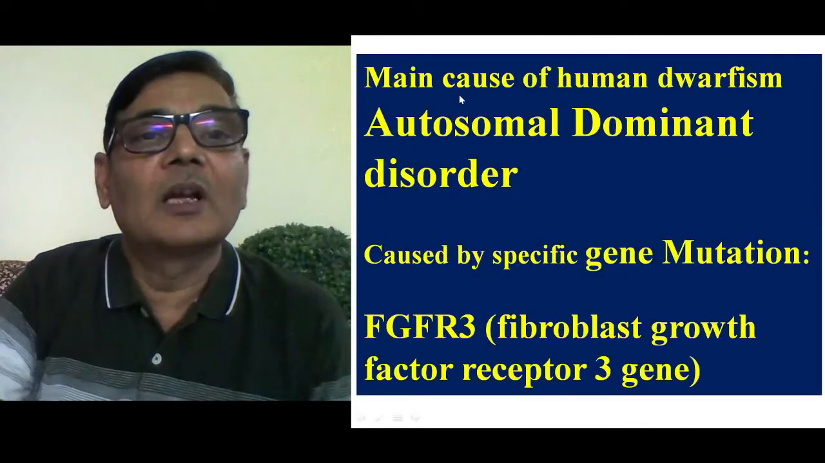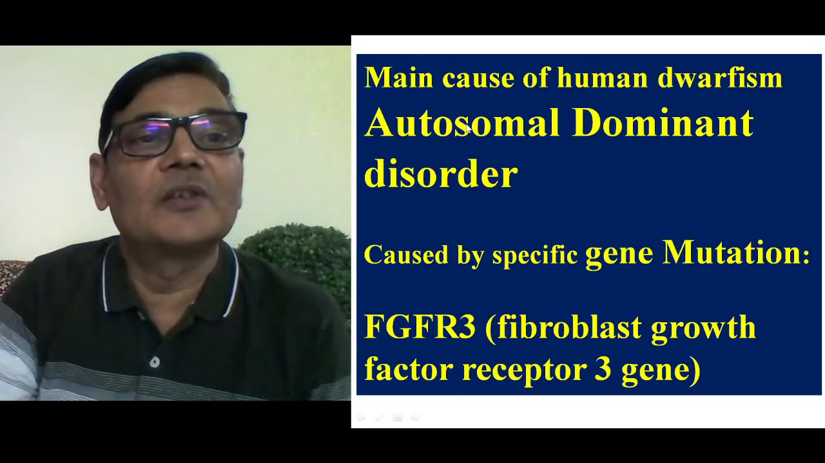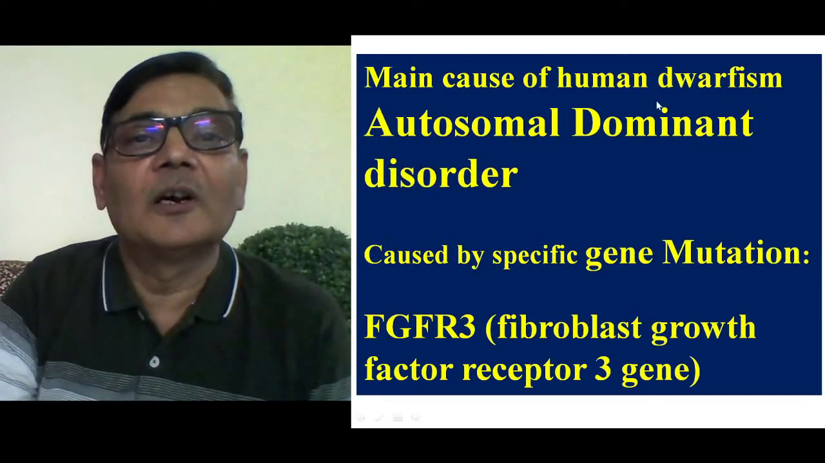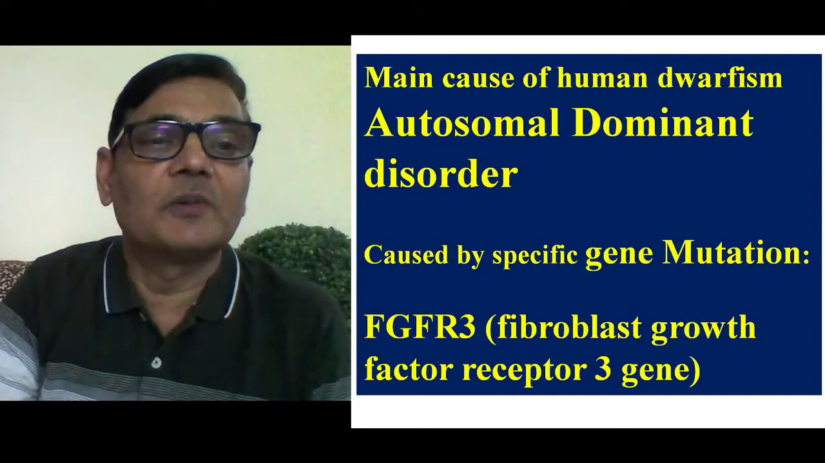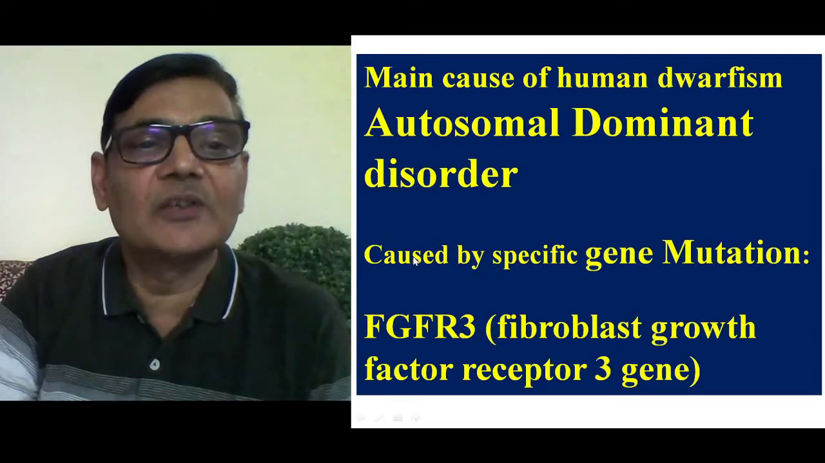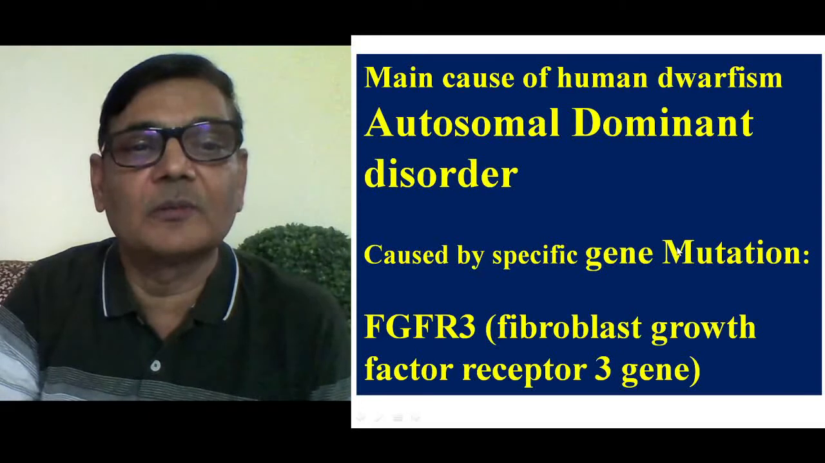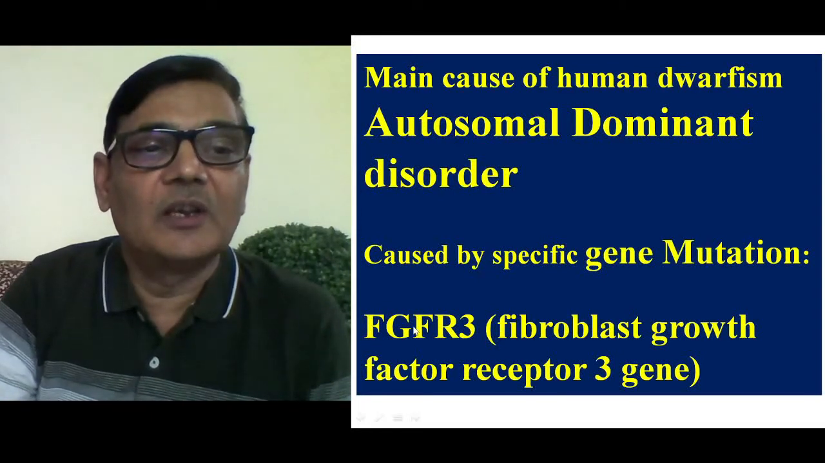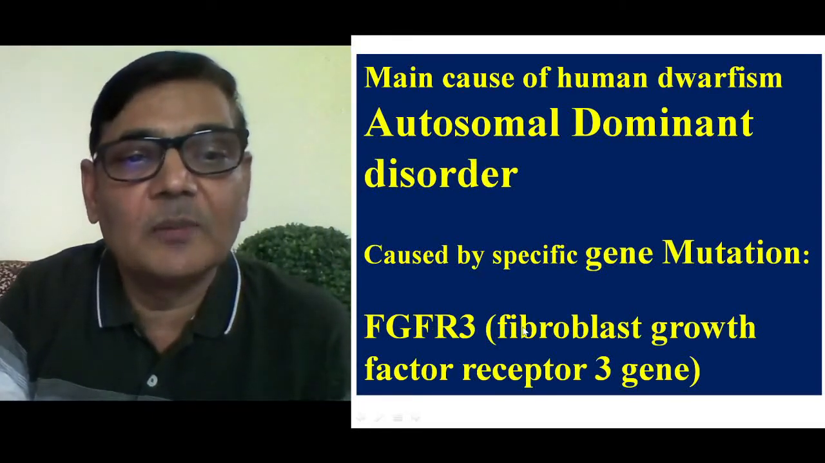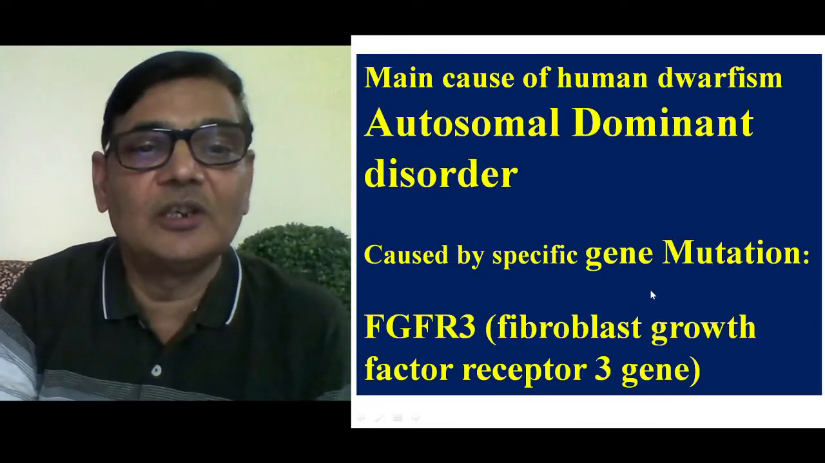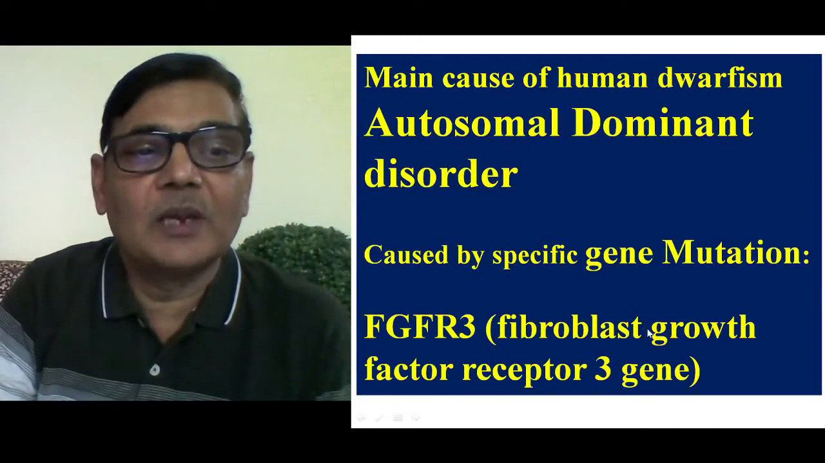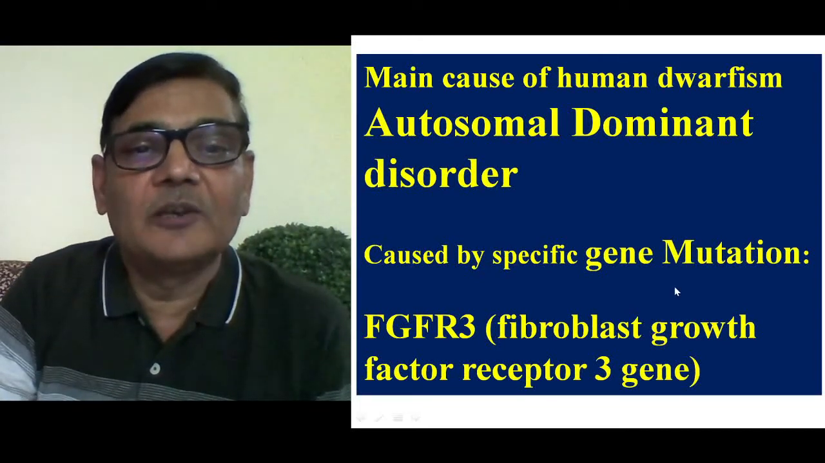Now, the main cause of human dwarfism is an autosomal dominant disorder. Such individuals have a dominant allele which causes this specific problem, and it is caused by a specific gene mutation. This gene is FGFR3, that is fibroblast growth factor receptor 3 gene. So it is actually a single gene disorder, and because of this mutation,